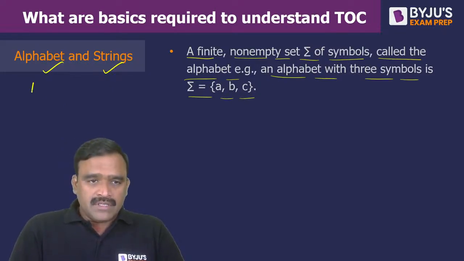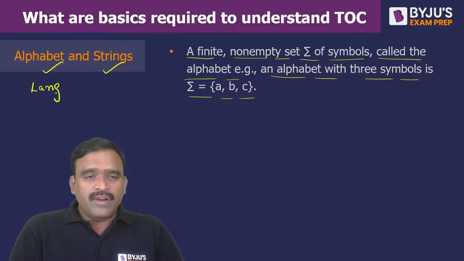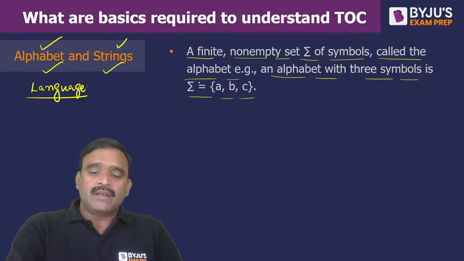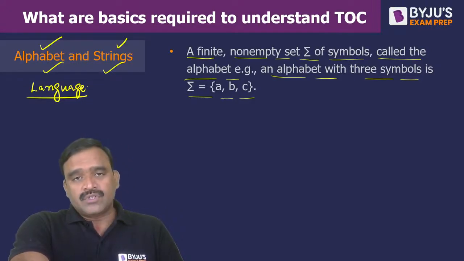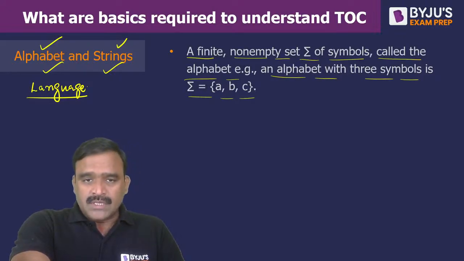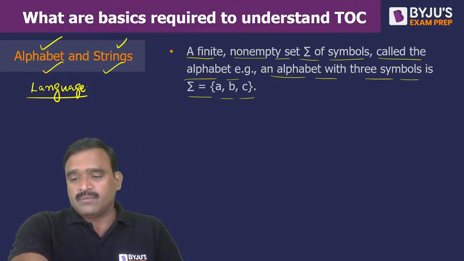Usually all the languages you are defining will be defined from the alphabets only. Language is nothing but some collection of strings. The strings are defined over some alphabet, and alphabet is containing characters defined in some notation. Like characters may be alphabets from A to Z of the English alphabet, or it may be special characters like hash, dollar, left parenthesis, right parenthesis, full stop, comma. All the keyboard symbols we use can be used as terminal symbols or alphabet symbols.